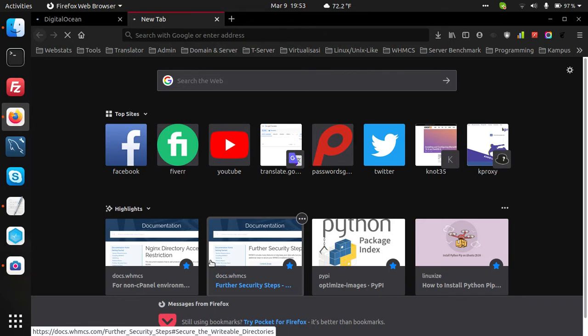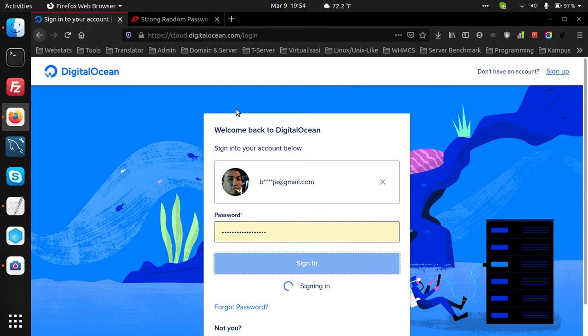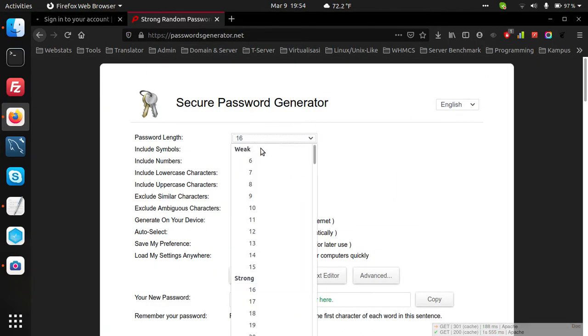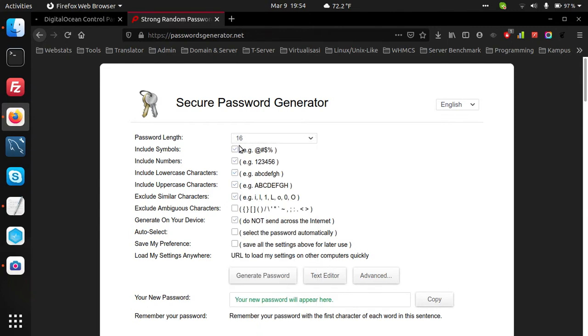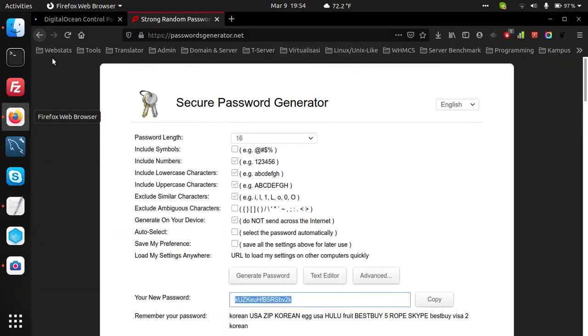To make the job easier, you can generate a password using a password generator, like this.